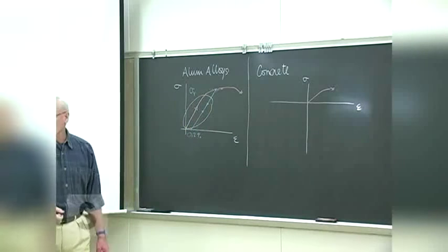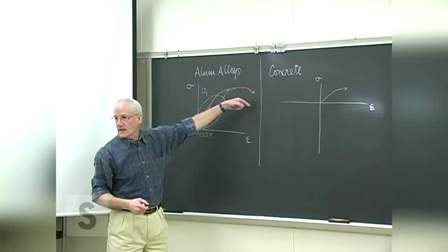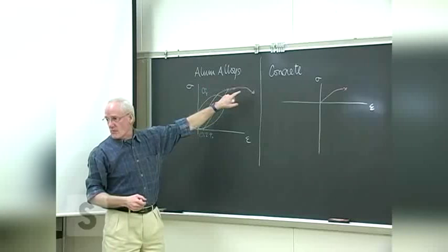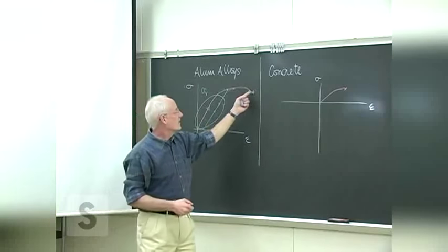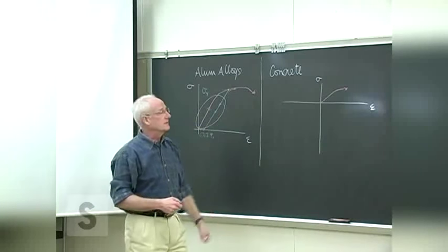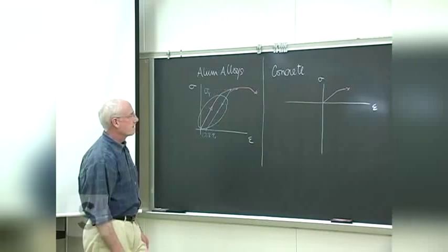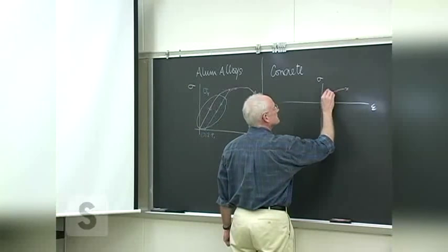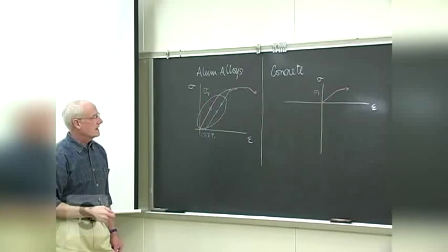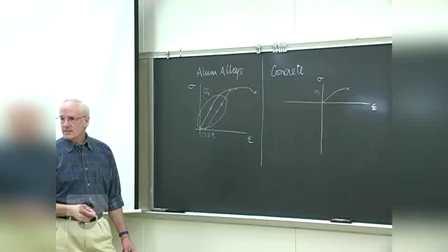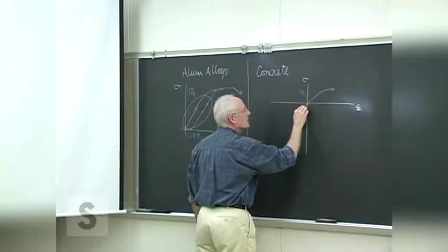There's very little, if any, necking of concrete, so it doesn't have this curl over part that came more as an arithmetic fact of using the original area, even though the cross-sectional area is now changing. Remember, that's what caused the curve to curl over a bit there. So we'll have some yield stress for the concrete in tension, but concrete is actually a much better compressive material, and so the compression